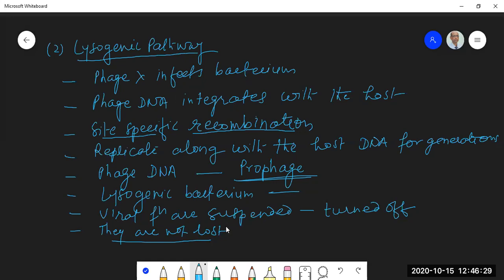As long as the bacteriophage remains in the prophage form, the viral functions will be temporarily suspended. They will be temporarily turned off, but they are there. Okay. And lysogeny confers one benefit to the bacterium, to the host: that bacterium becomes immune to further infection